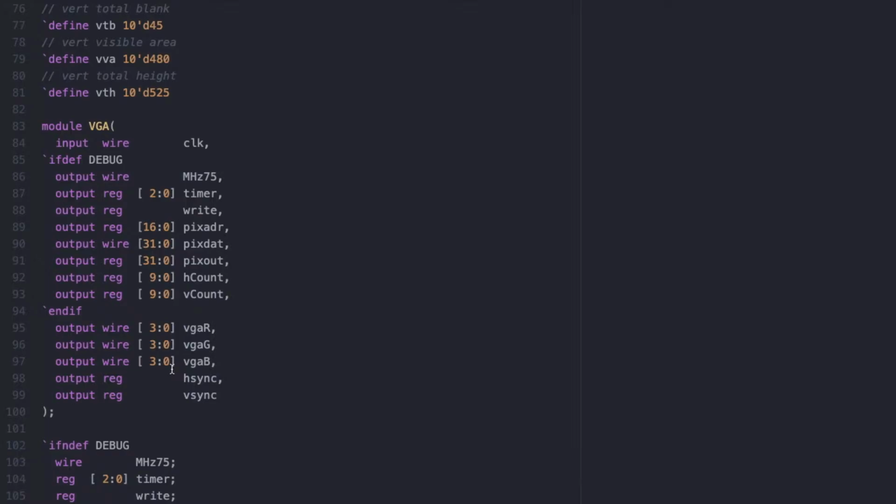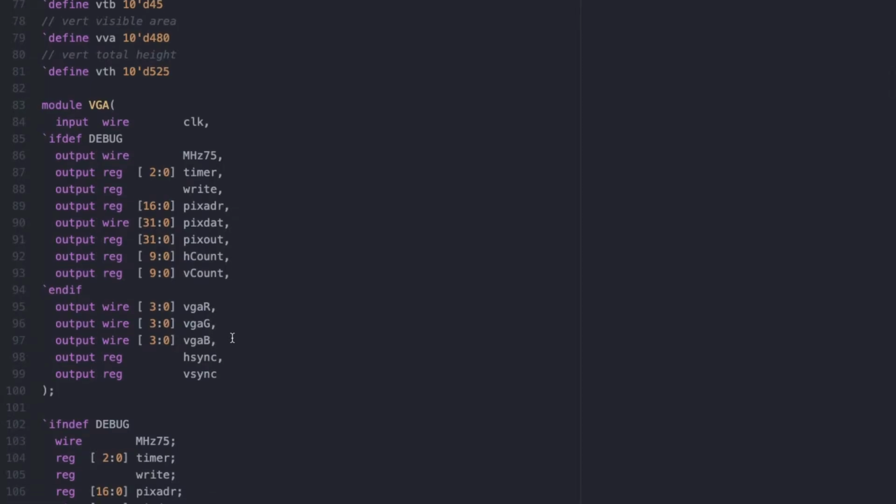Most modern systems have 8 bits at least for each of these channels. That's 24-bit color, and you have to pump out lots of data very quickly when you're doing high resolution graphics. So, and I'm using a VGA port. The Nexus Video has